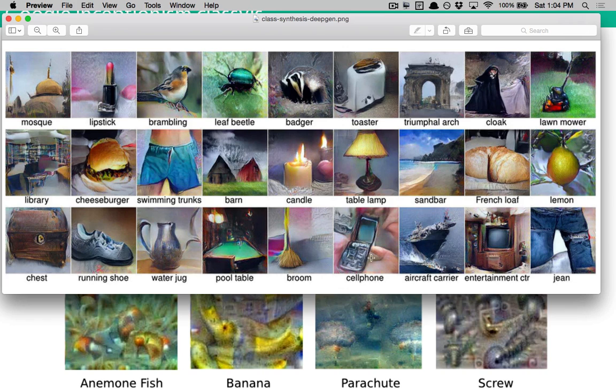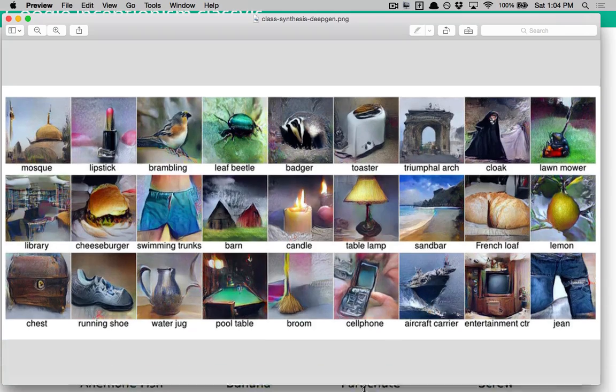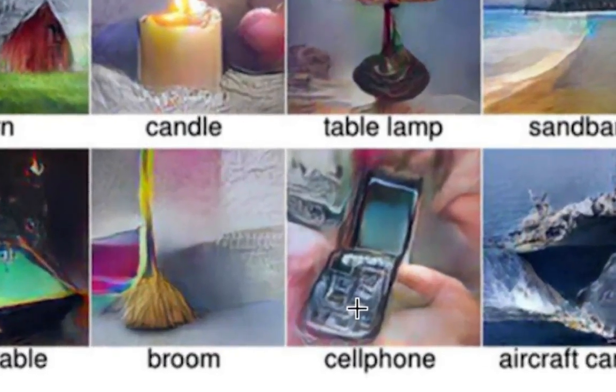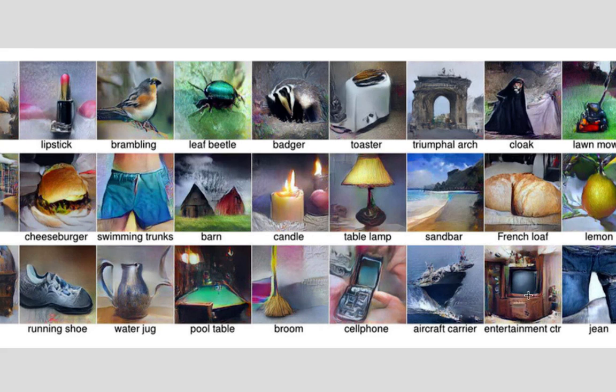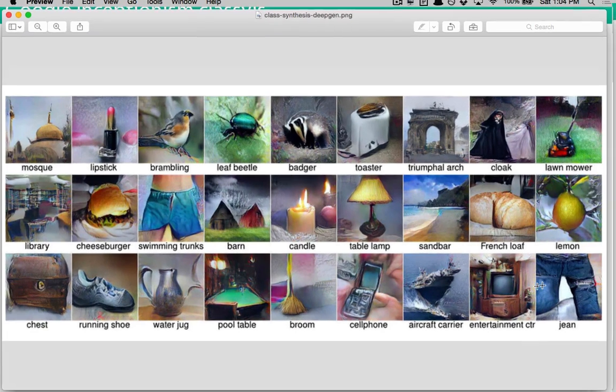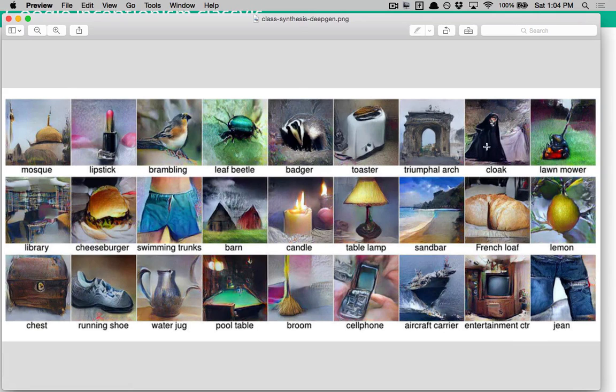We asked a neural network to produce an image of a cell phone, and that's what it looks like. And this is an aircraft carrier, entertainment center, jeans, French loaf, cloak, triumphal arch, a badger, swimming trunks, running shoes. Someone thinks that French loaf also looks like a butt. Yeah, right.